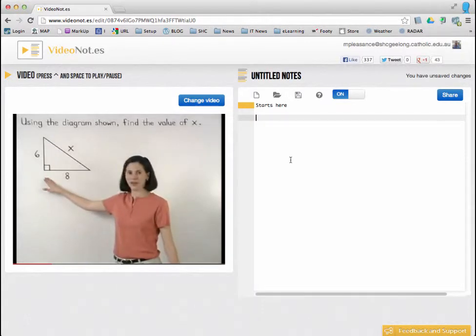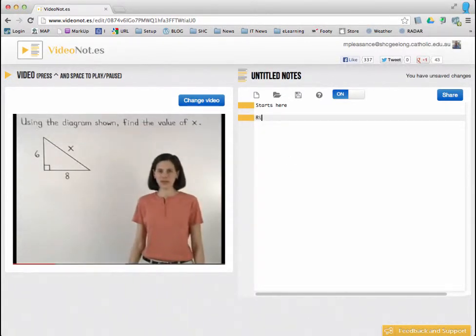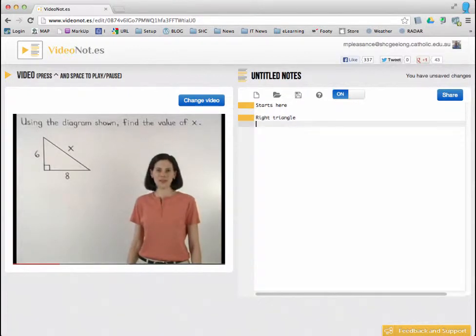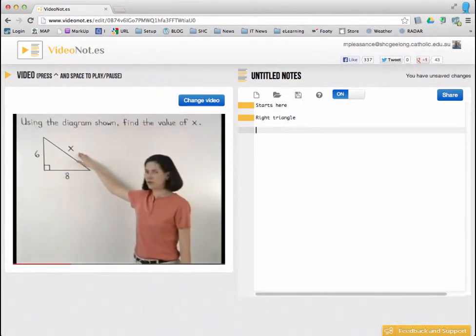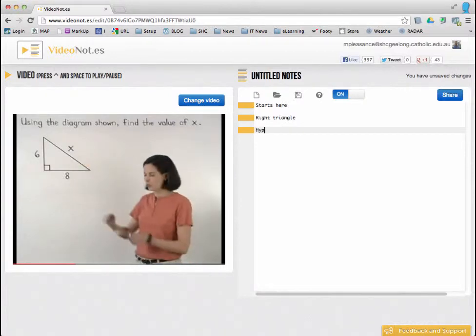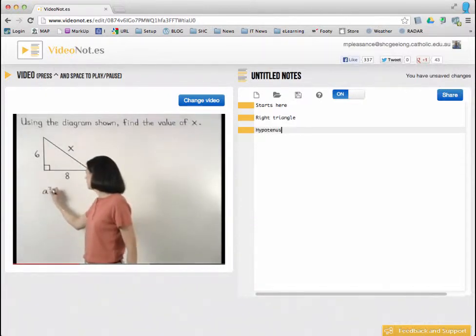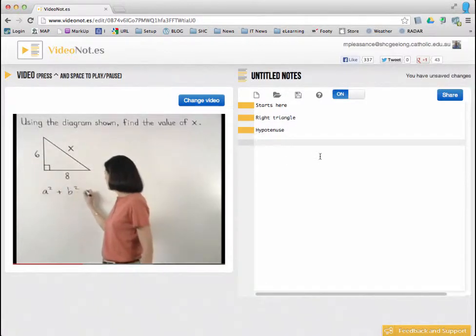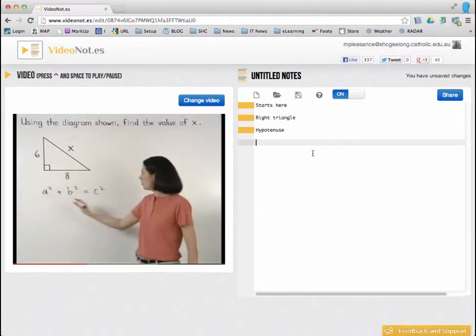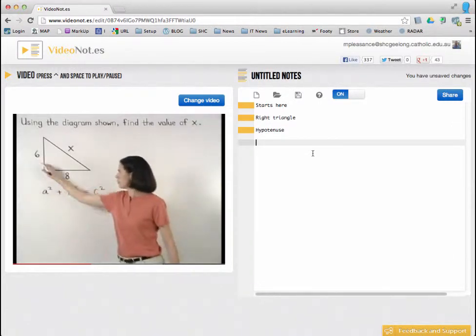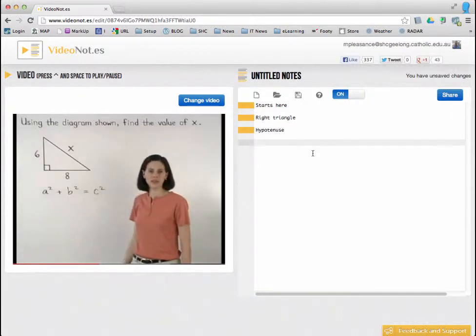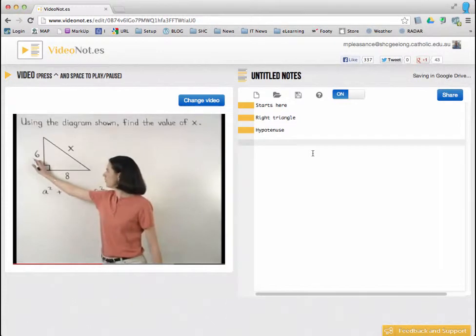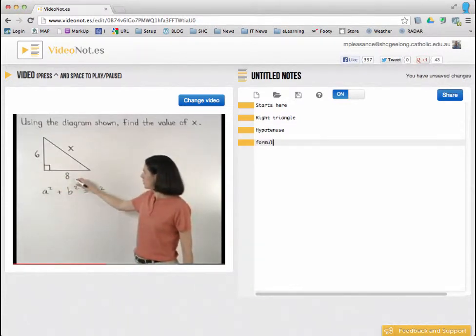Notice that we have a right triangle, so we can use the Pythagorean theorem. We're going to take some of the notes as we go, as this video plays. The Pythagorean theorem states that the sum of the squares of the legs of a right triangle is equal to the square of the length of the hypotenuse, or a squared plus b squared equals c squared, where a and b are the legs of the right triangle and c is the hypotenuse. So here, since our legs have lengths of 6 and 8, and our hypotenuse has a length